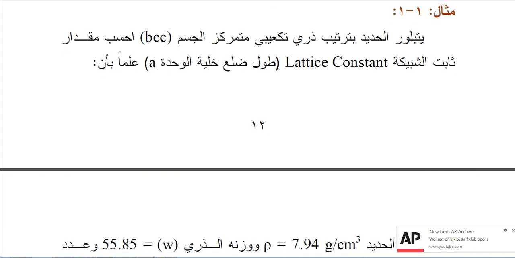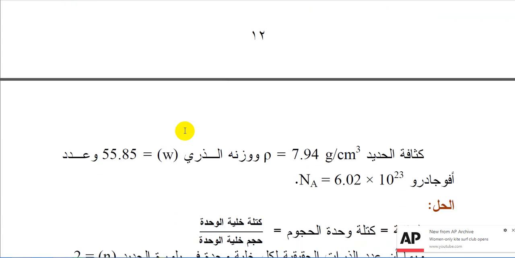Example 1-1. The iron crystallized with the BCC atomic cubic arrangement. Calculate the magnitude of the lattice constant, the lateral length of the unit cell A. يعني احسب مقدار ثابت الشبكة البلورية، طول ضلع خلية الوحدة A. علما بأن المعلومات المعطاة: